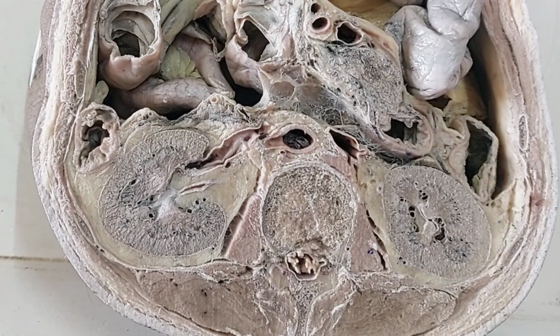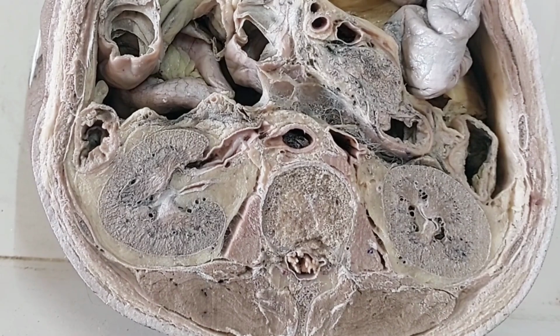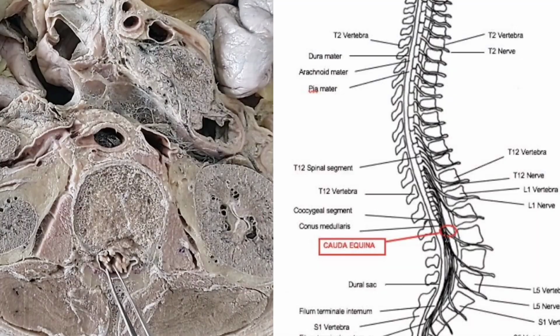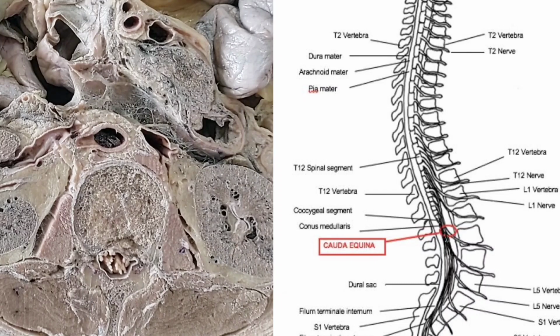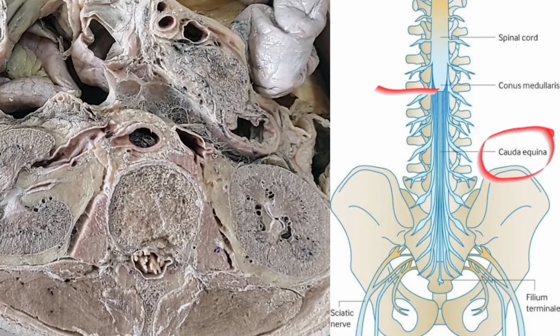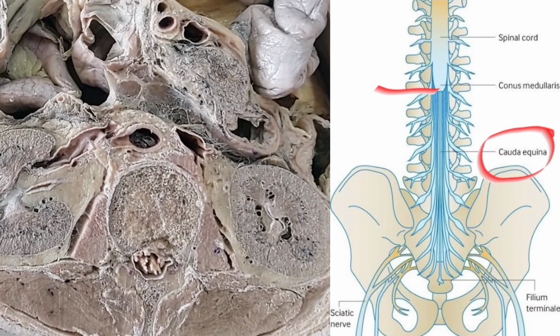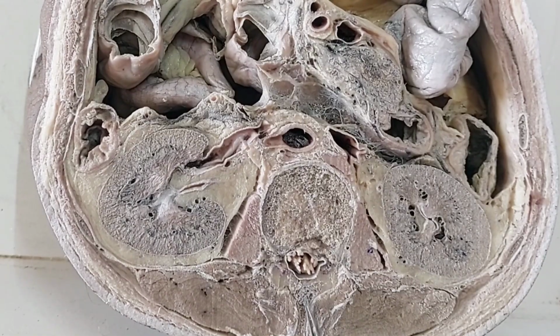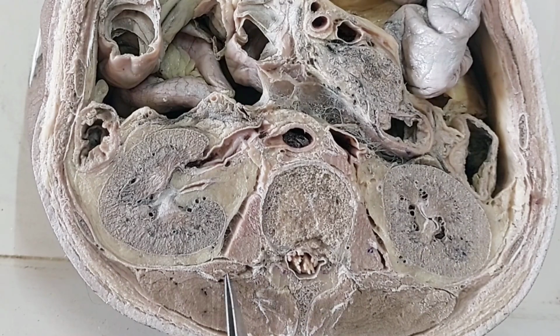At the termination of spinal cord, the cauda equina starts. So now here we can see the different filaments. That means it is at a level lower than the lower border of the spinal cord. At least it should be below the level of the first lumbar vertebra. And behind this is the spine of the lumbar vertebra, and on each side of the spine we can see